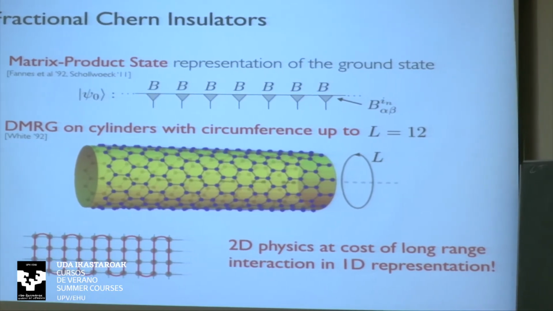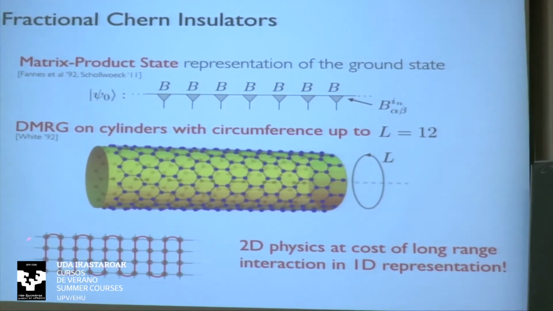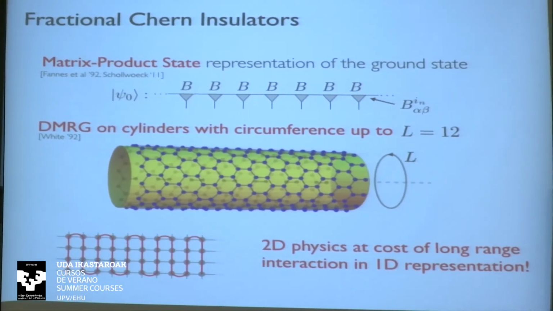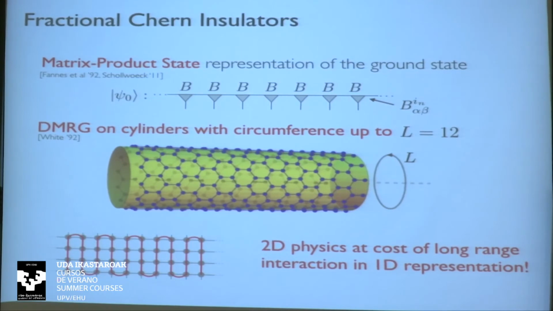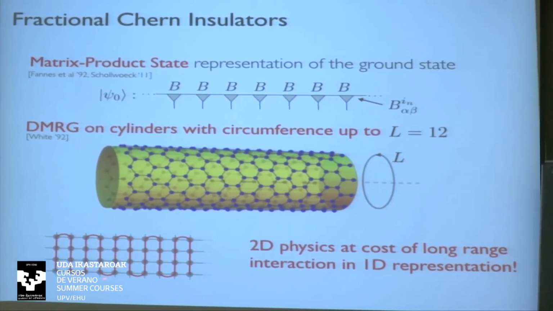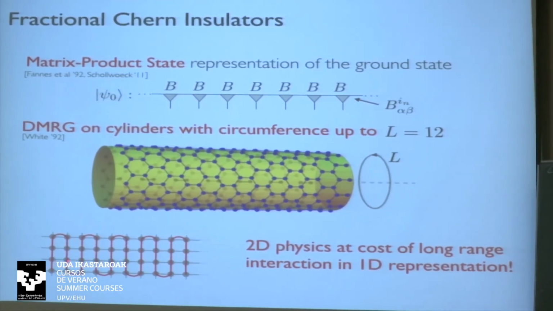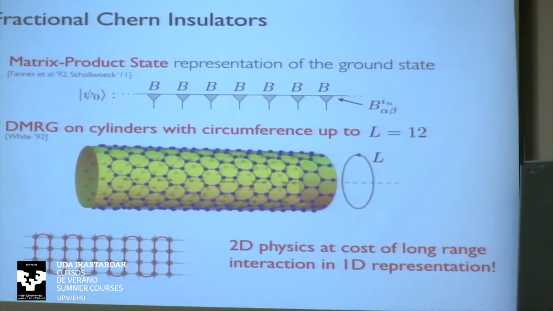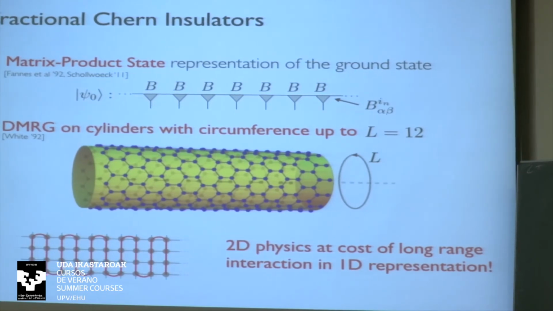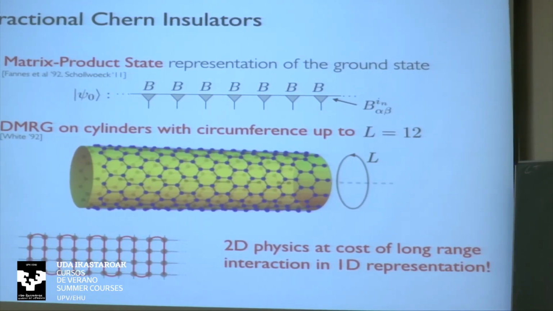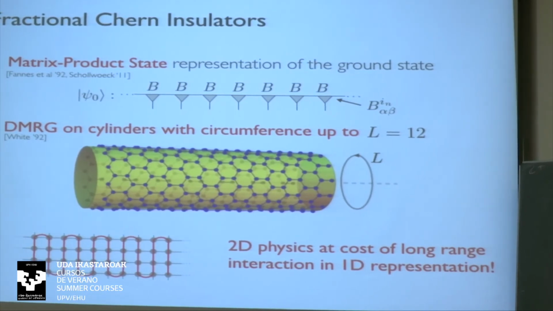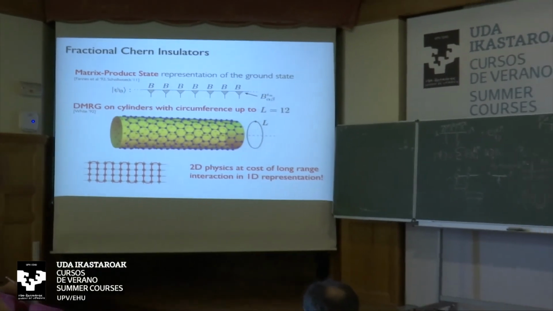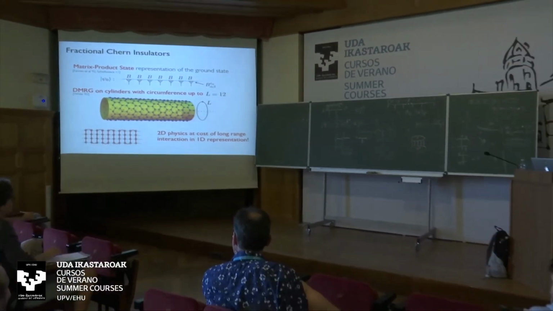Just to repeat this: for this simple case of a square lattice, we could enumerate the sites as 1, 2, 3, 4, 5, 6, 7, and so on. The original model on the square lattice only couples nearest neighbors, but if we translate it to this one-dimensional labeling of our sites, then we see that now site 1 and site 5 are coupled. What we get from this is that we can now simulate the two-dimensional physics at the cost of having